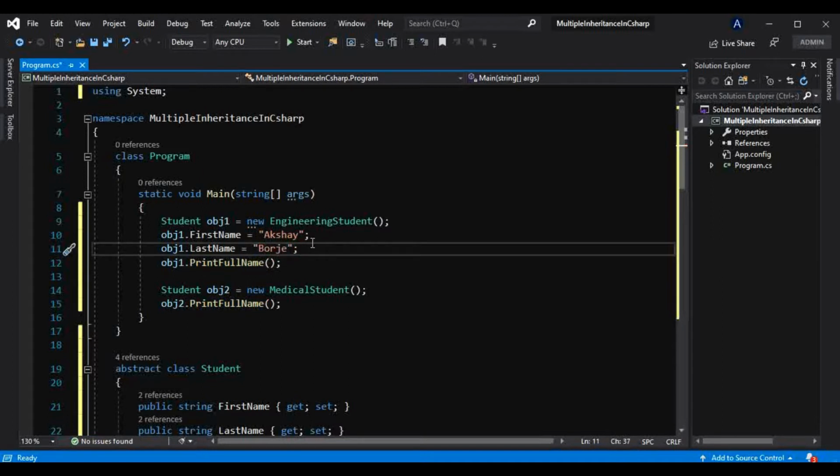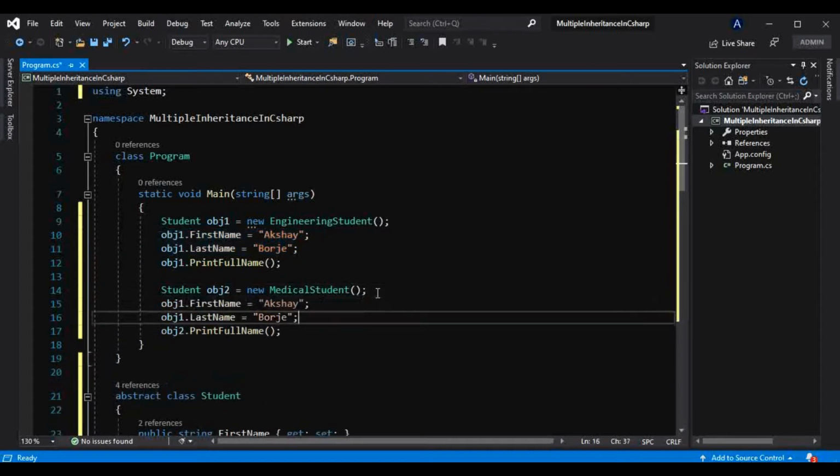And similarly here also I will initialize those names for the object of student which is a medical student, like this, John Wayne maybe.